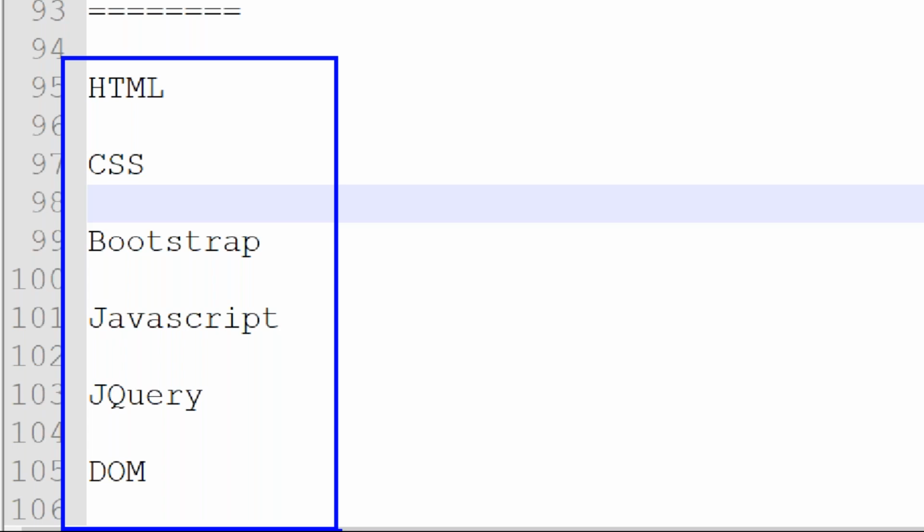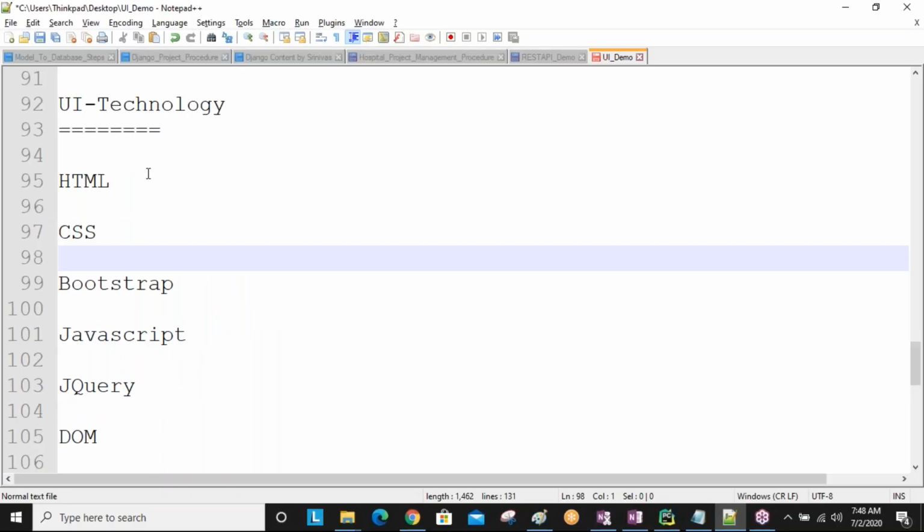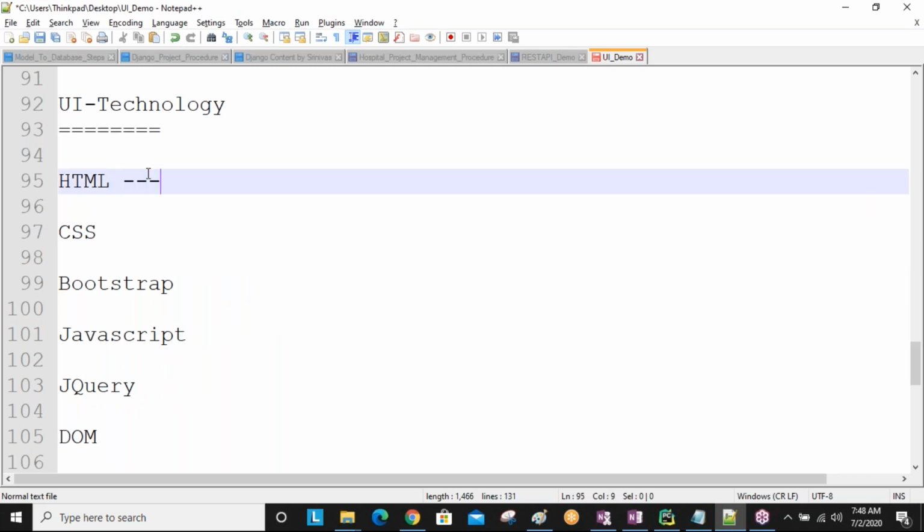Okay, so I will give you an overview. Why is each one required? HTML stands for Hypertext Markup Language.